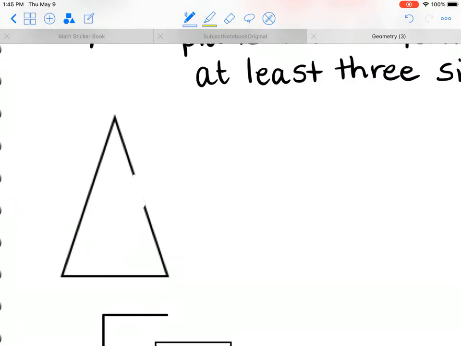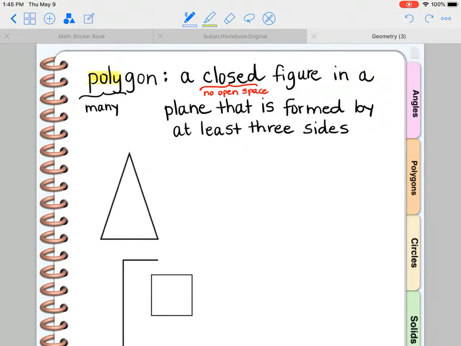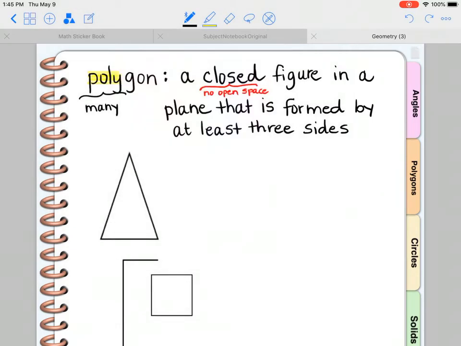So open and closed. So polygons are always closed. There is no space in the shape. If you were thinking of this in practical terms, if this were a garden, it's completely closed in by fencing. There's no gate, there's nothing to open it up. So a closed figure,